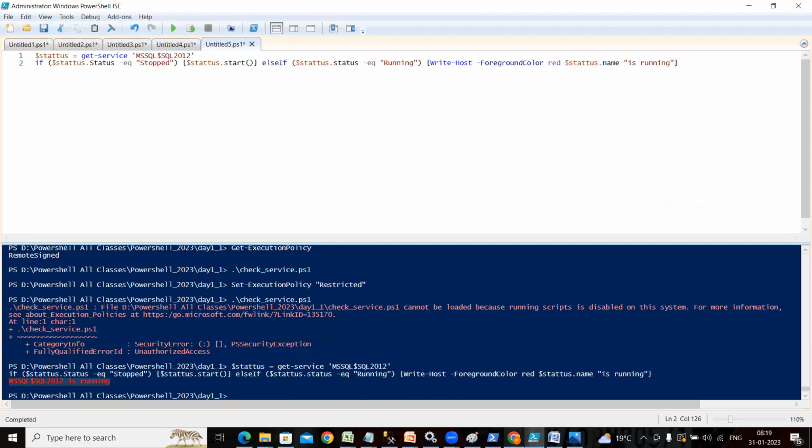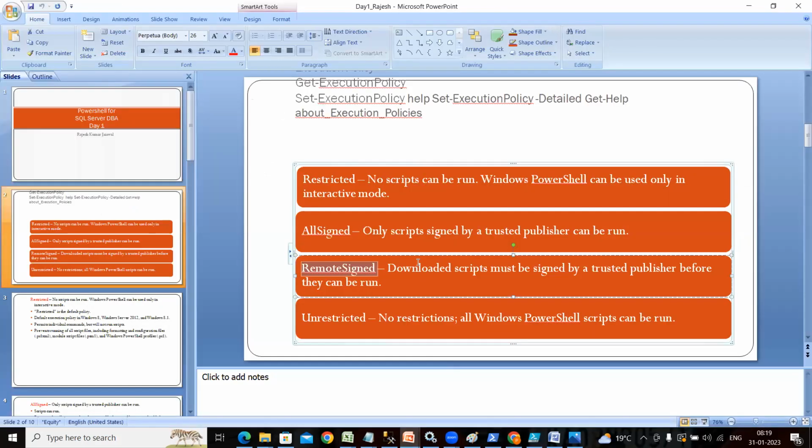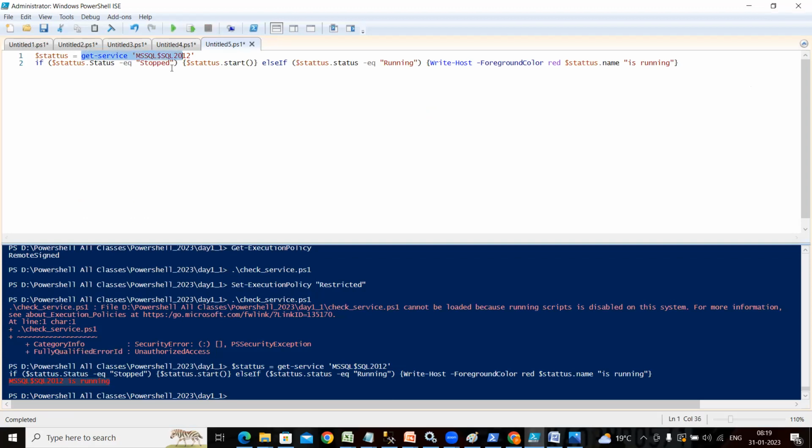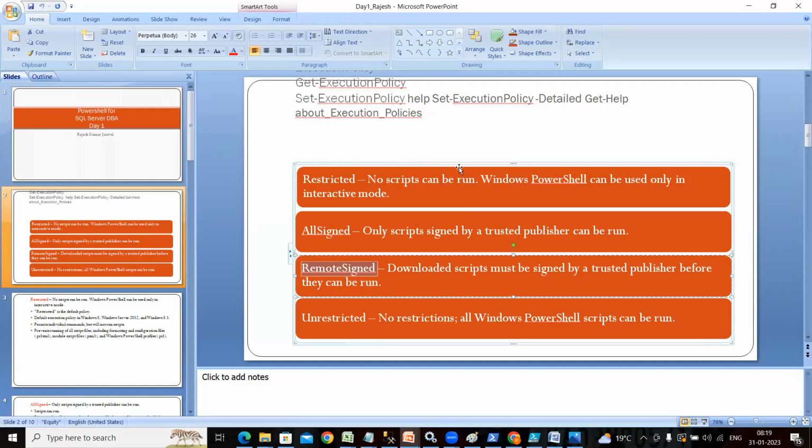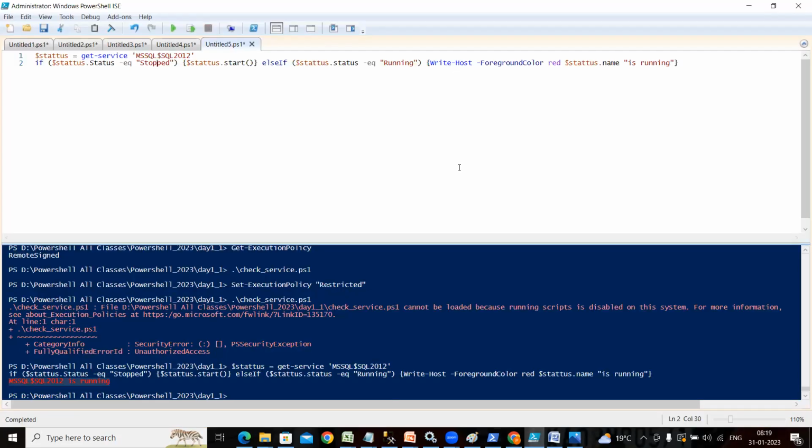So what you understood is the execution policy. From when you start writing PowerShell scripts, first you change it from restricted to unrestricted. Restricted means maybe you will be able to run a single command, get command, set command, something like that. But if you are running a PS1 file, maybe it is not going to work. If you write some code and copy it into the PowerShell window, maybe it is going to work. But the script you want to run, it is not going to work. No doubt in this,